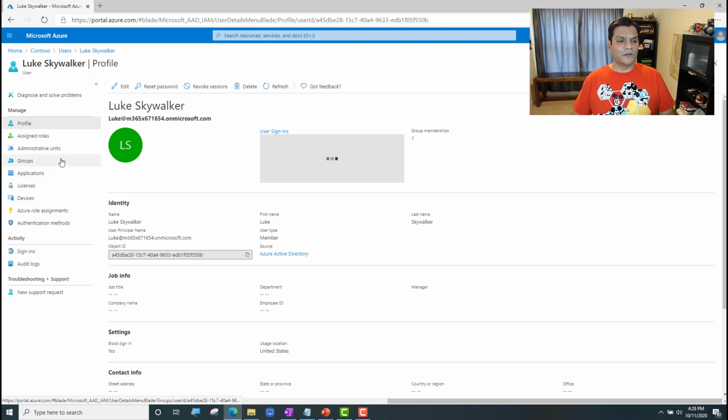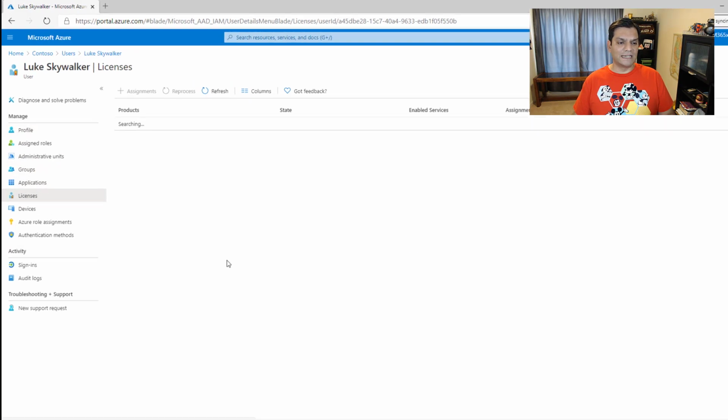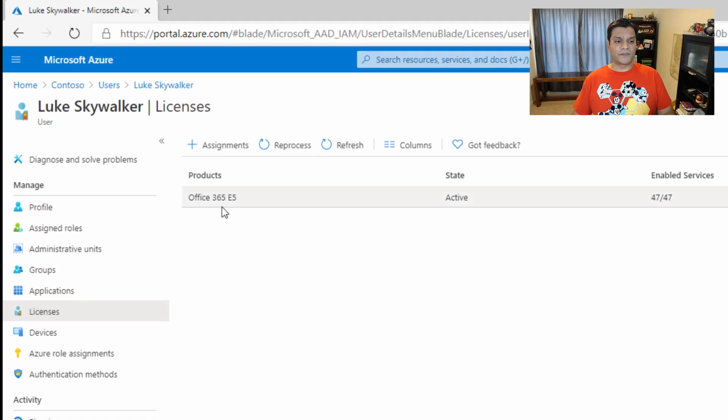Now let's go and take a look at this. There's no groups or roles over here, but what I want to show you is the licenses. The license is pretty straightforward. All I've done is assigned an M365 license. And I assigned an E5. Again, E5 doesn't do anything magical when it comes to Office 365 the Power Platform over here, specifically for this purpose. You could do it in E3, you could do it as a business one, whatever you want to give. But I would recommend giving the highest one that you have specifically for both the environment one and for the